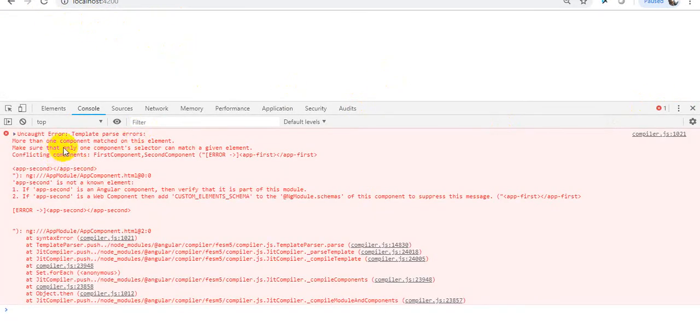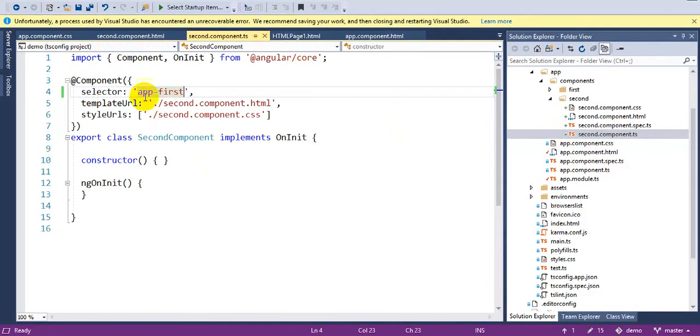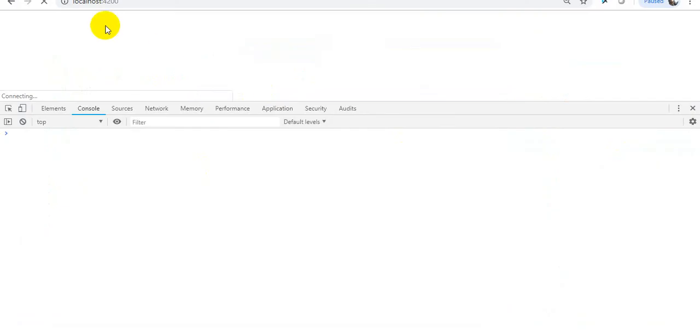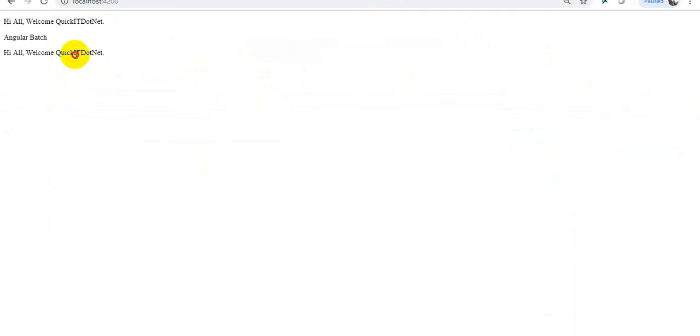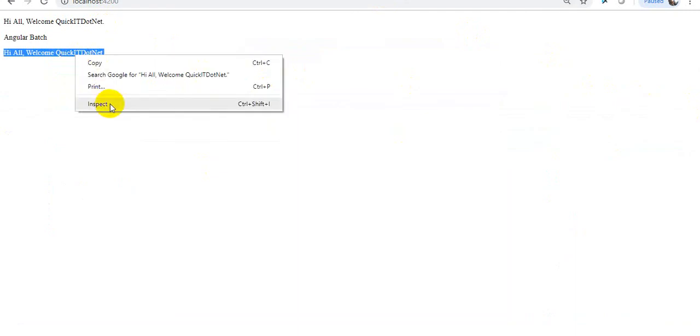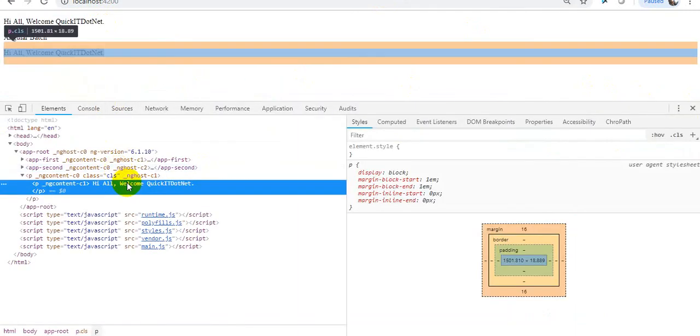अभी क्या हो रहा है, more than one component match this element f first. I have not changed this f first to f second. ठीक है ना, it has automatically come here. Why has it come here? क्योंकि Angular checks all, like CSS is automatically applying, right? It is applying like this, it checks the selector and replaces the inner HTML. ठीक है ना, दिखा ना, समझा ना? If नहीं समझा तो पूछ सकते हो, बार बार पूछ सकते हो.